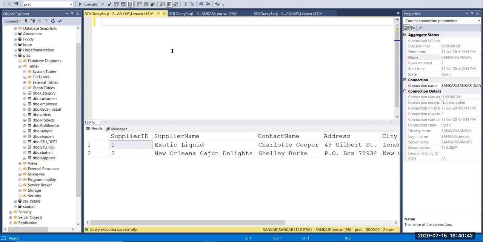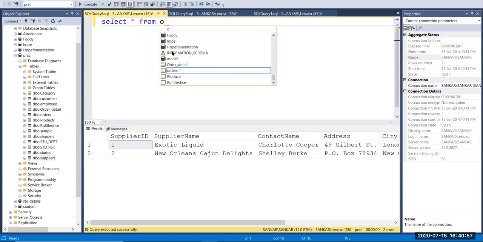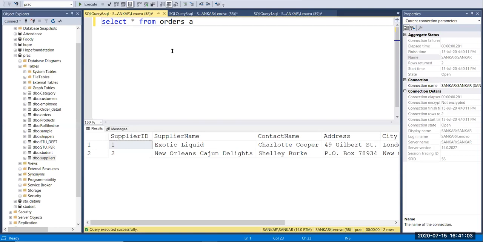The first initial table is the orders table. In the orders table we have three IDs, right? So first you have to give your orders table: select star from orders, and I'm going to give alias A for orders.